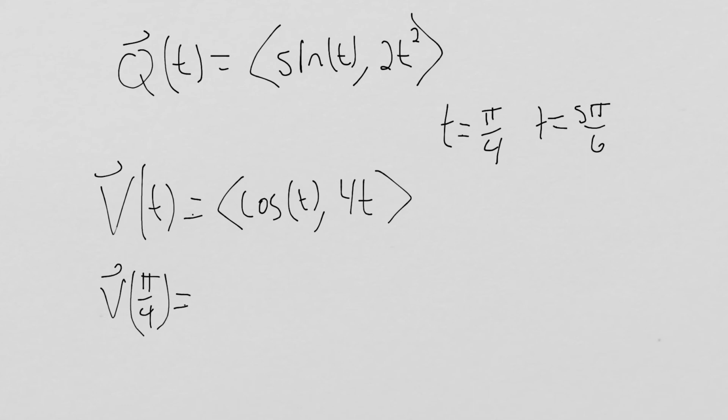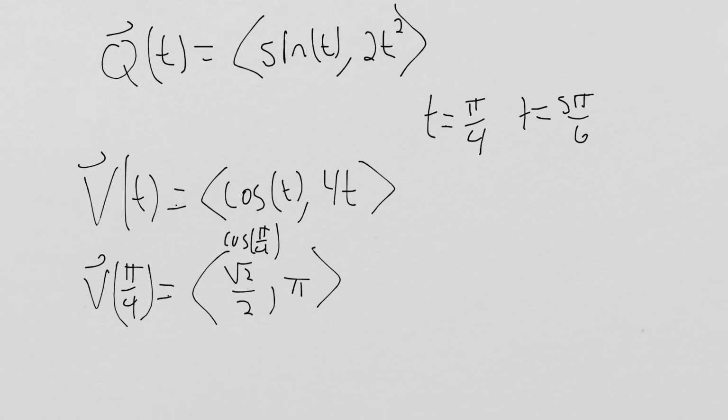equals, okay, cosine of pi over 4 is square root 2 over 2. And then 4 times pi over 4 is just going to be 4 pi over 4, which is pi. Okay, so our horizontal velocity is root 2 over 2 at pi over 4, and our vertical velocity is pi, so it's moving to the right and it's moving up. And then if we do 5 pi over 6,